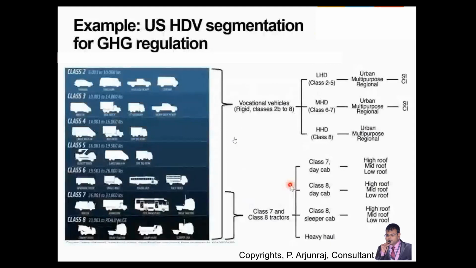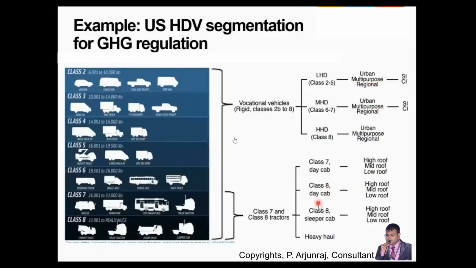So these are some of the examples for EV heavy duty vehicle segmentation for GHG regulation. You can see the class 2, class 3, class 4, class 5 category, class 6, class 7, class 8, where it is divided based on the weight. Okay, so the weight is given in pounds, LBS basically, and it's basically applicable for urban multi-purpose vehicle